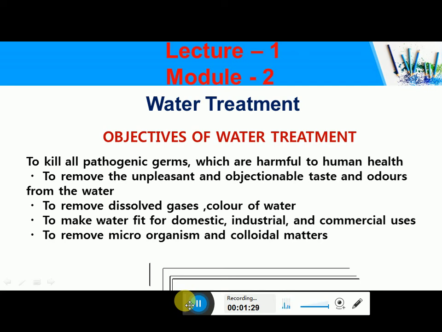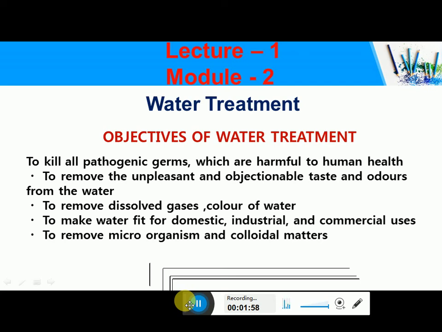So why do we have to treat this water? What are the objectives of water treatment? As we all know, the raw water which is extracted from a river, canal or reservoir contains a lot of germs, organic materials, disease causing organisms, pathogenic organisms, and all other such impurities which have to be removed. So the first objective is to kill all pathogenic germs, which are harmful to human